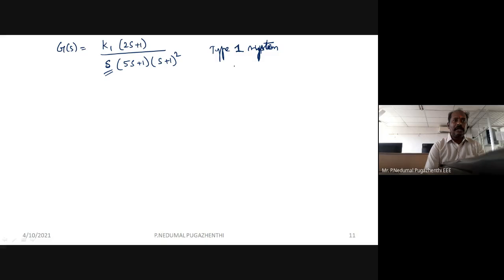The denominator polynomial is s into 5s plus 1, into (s plus 1) the whole squared. If you equate it to 0, you will get s equal to 0, s equal to minus 1, minus 1, and minus 1 by 5. So one pole is at the origin, which gives me a type 1 system. So, since it is a type 1 system,